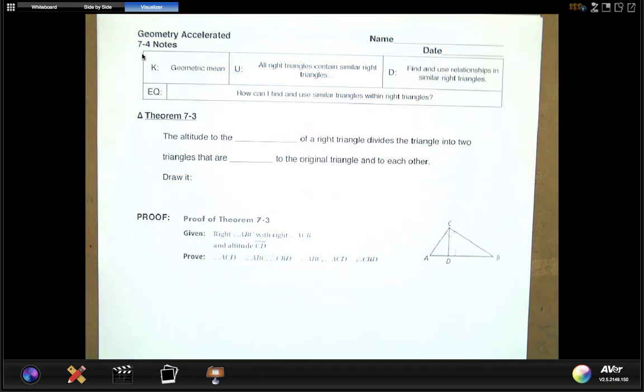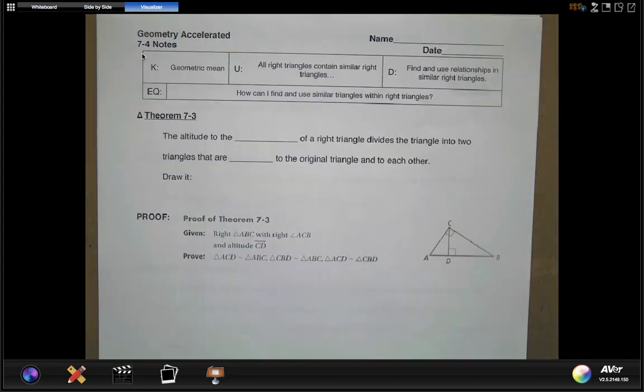Okay, here we are. We're going to do section 7.4 right now. 7.4 has this crazy theorem here. So it says that